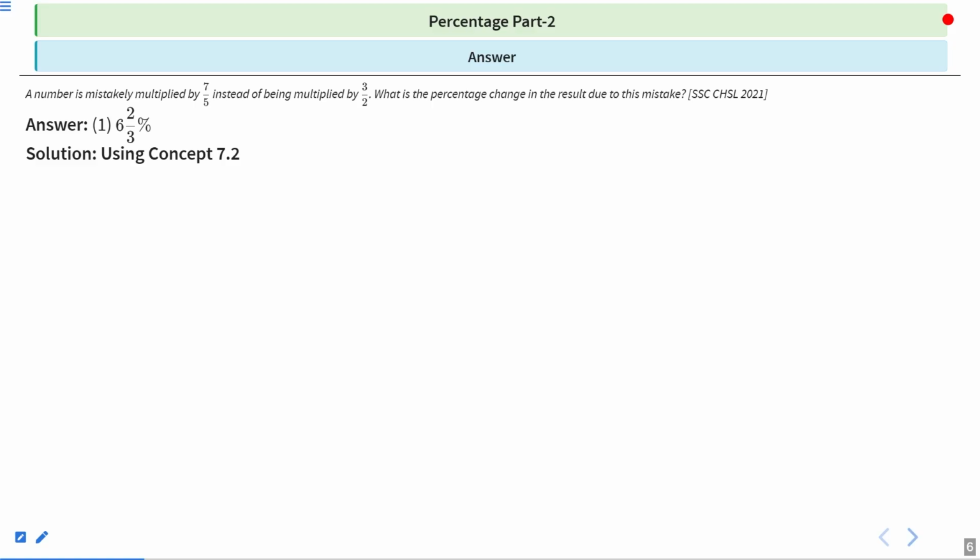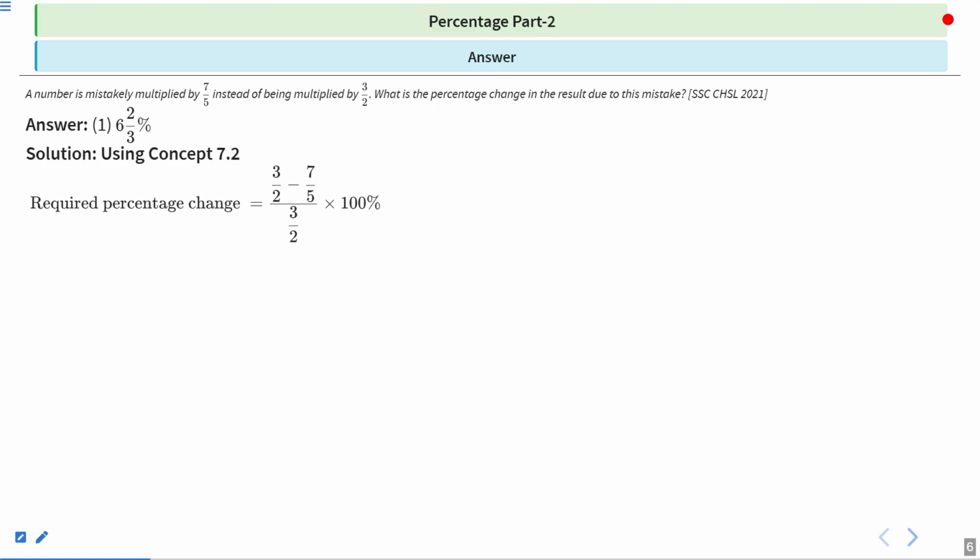Now see the detailed solution using concept 7.2 in this question. The required percentage change will become: 3 by 2 is a larger number than 7 by 5. So we subtract, 3 by 2 minus 7 by 5, upon 3 by 2, multiplied by 100, because we need to calculate the percentage change. So we get the difference between the multiplying numbers, and we use 3 by 2 as the base number